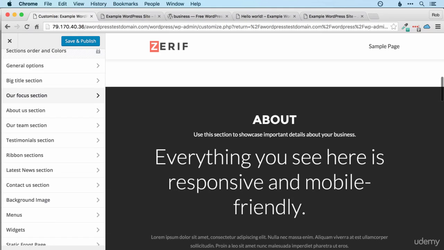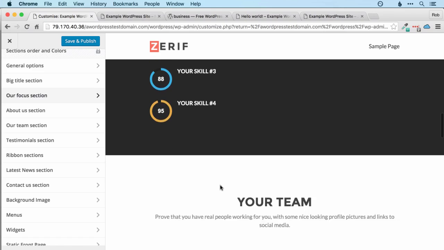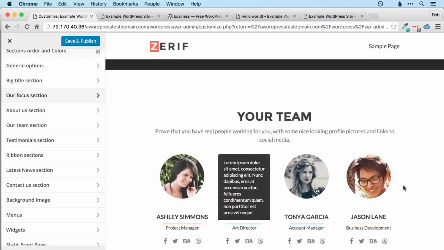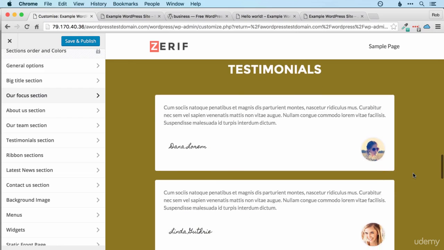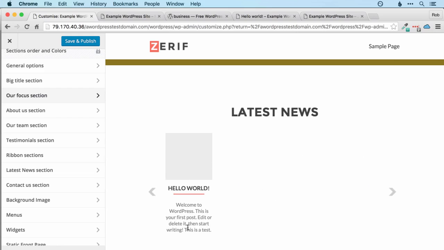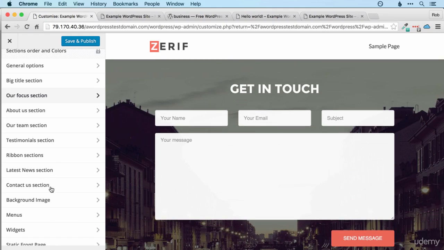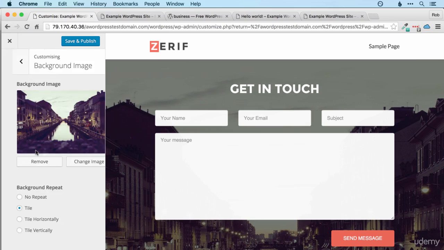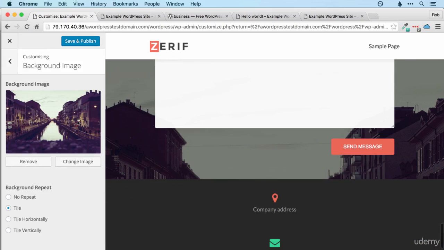The other sections then work in a very similar way, so we won't look at those specifically, but we've got the About section, which we can edit all of that. The Your Team section, again, we can customize that and hide it if we don't want it. Testimonials as well, we can hide that. And then the latest news is where our blog posts will go, if we've got any. Then we've got the contact form,